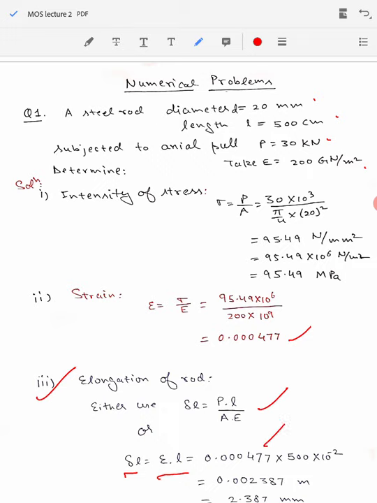So we have the value of strain here, which we have calculated. The length of the component is 500 into 10 to the power minus 2 in terms of meter. The value is given in centimeter, so I have converted it into meter. So the final deformation value that I have calculated will be 0.002387 meter, or you can also get it in millimeter by multiplying it by 1000. So you will be getting a value of 2.387 millimeter. Please note that we are mostly going to use the SI units, and we need to be consistent. We need to calculate the values of the length in meter, and the load value will always be in newtons here.